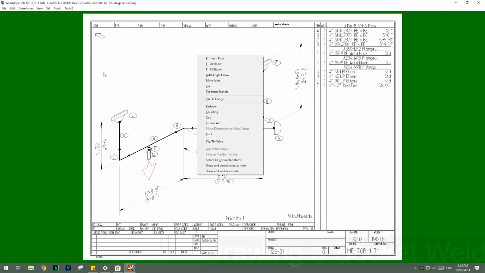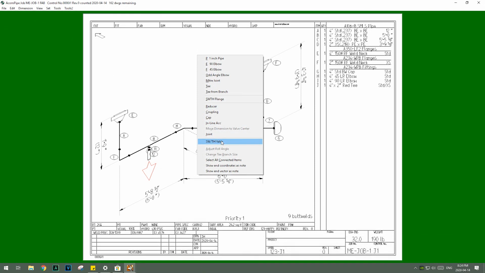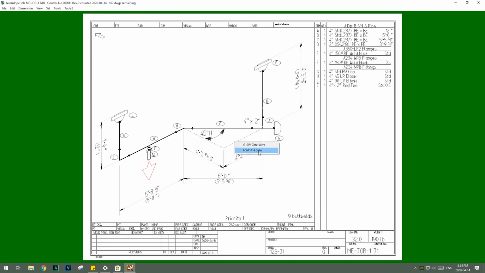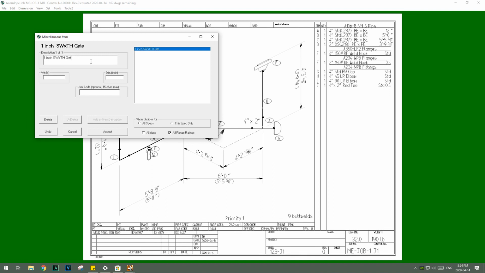with spacebar. Now I want to socket weld. It says socket weld / threaded, so actually many combinations could go under this category. So I pick on here. I want to socket weld by threaded gate. There's one in there. If I don't like the description that it comes up with, I can put 1 inch, just put in what I like there. 800 pound